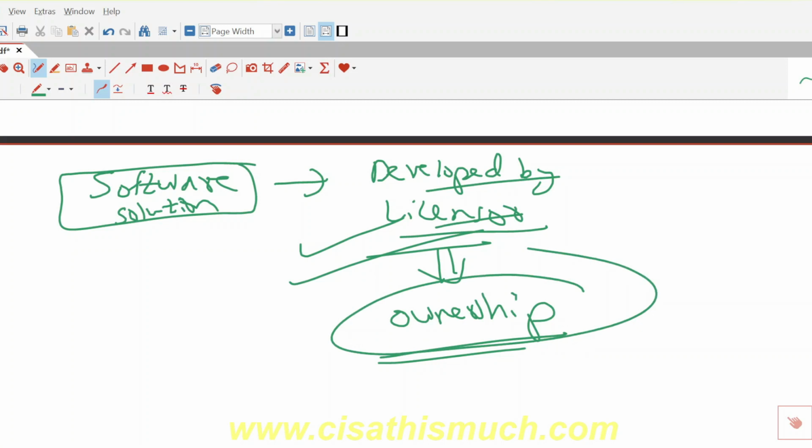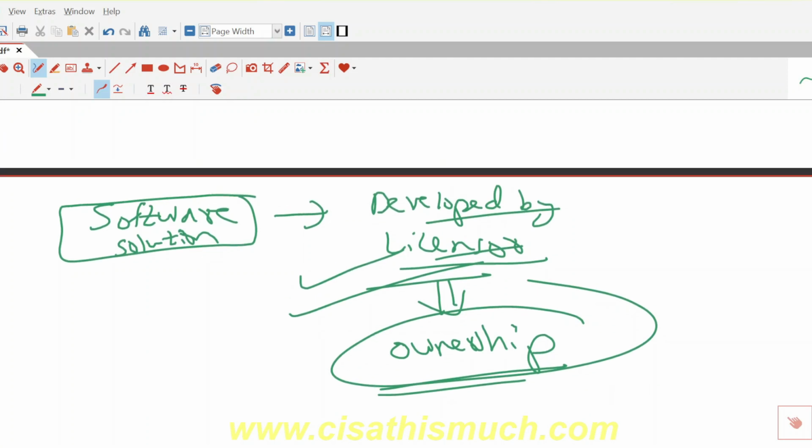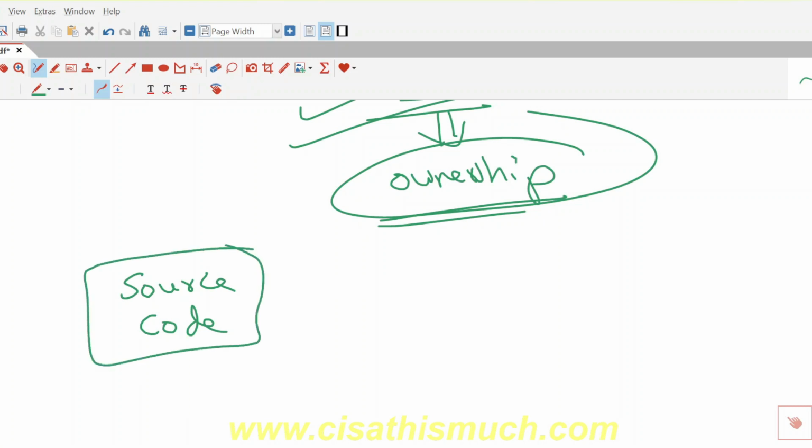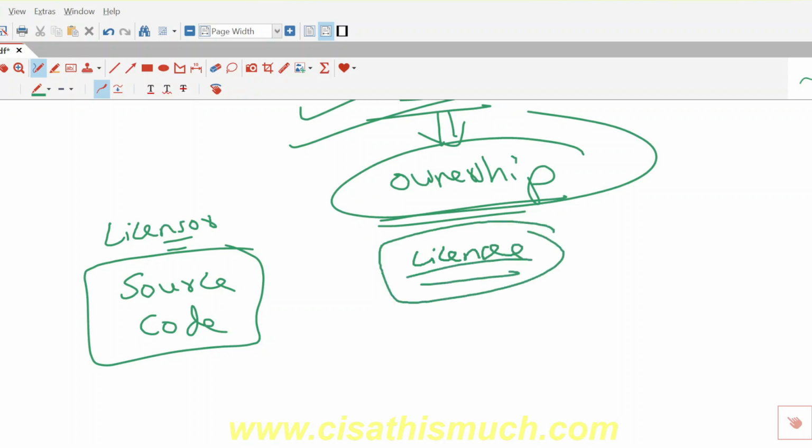All right, so what exactly has happened is, when the software was developed, the source code of the software is with whom? It is with the licensor. Now the licensee is tense, is worried: what if tomorrow the licensor goes bankrupt, or the licensor doesn't fulfill